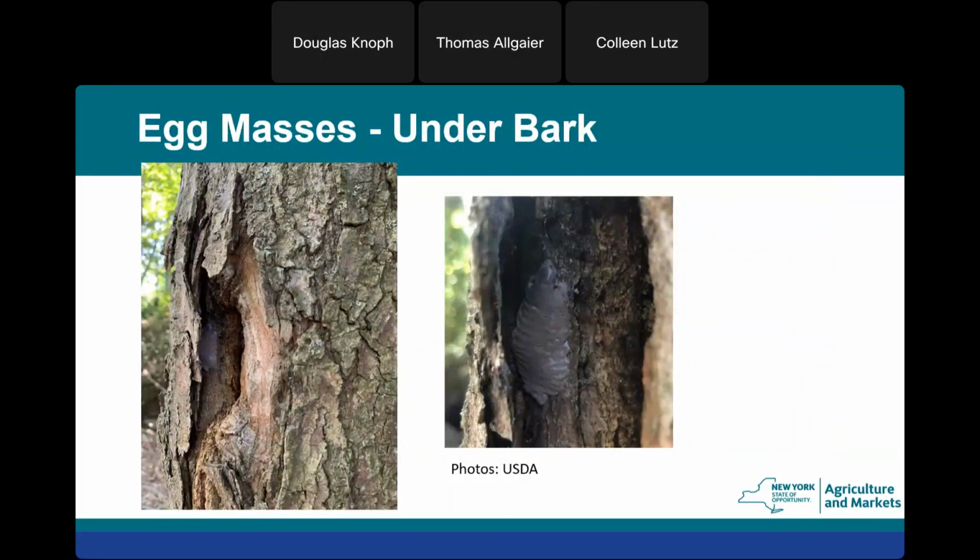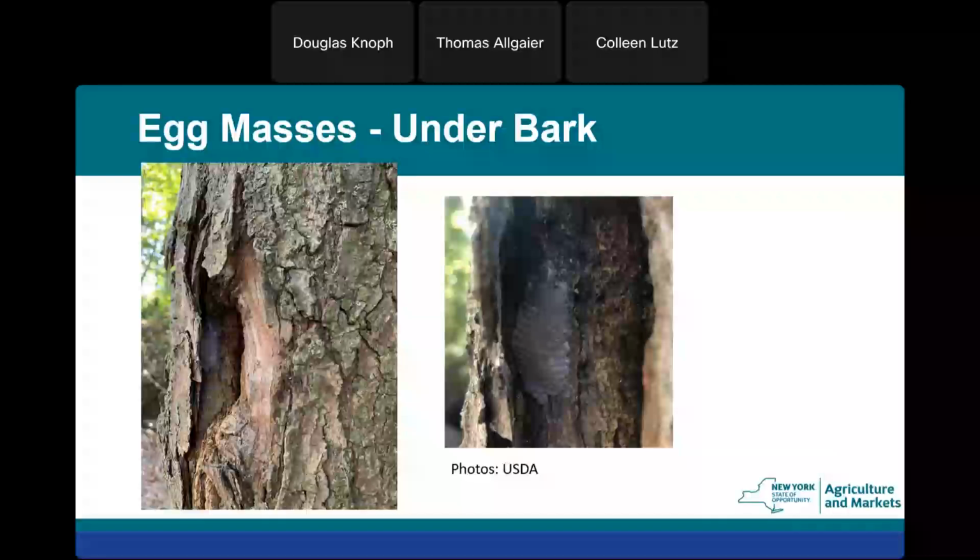They can camouflage their eggs, but they also like to hide them. So you can see this cat facing or tree wound here that has some bark growing over the wound wood. It created a little shelter, and they've laid several egg masses underneath that bark. So just looking at the outside of the tree, you're like, oh, there's no eggs on there. Everything's good. Until you look under the peeling bark, and there's several egg masses hidden. So they like to do that. So not just on trees, but any flat object outside is vulnerable to egg mass laying. So next page.